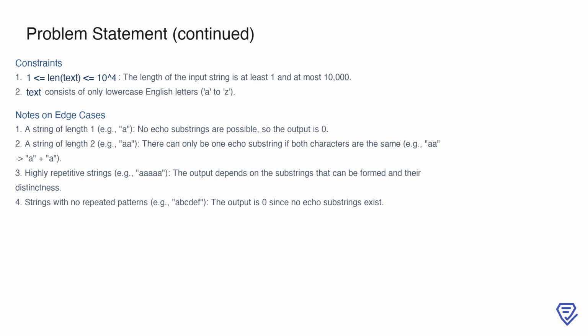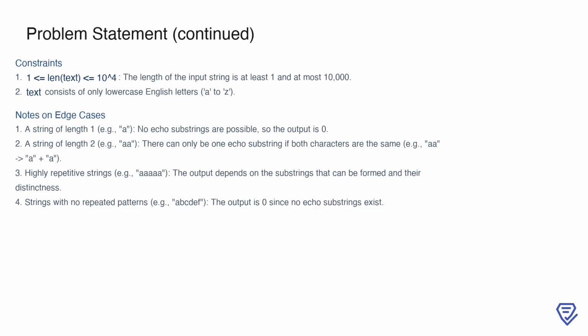For highly repetitive strings such as aaaaa, the number of distinct echo substrings depends on their unique patterns. On the other hand, if the string has no repeating patterns, such as abcdef, the output will be 0 because no echo substrings exist. These constraints and edge cases help set clear boundaries for the problem and guide us in